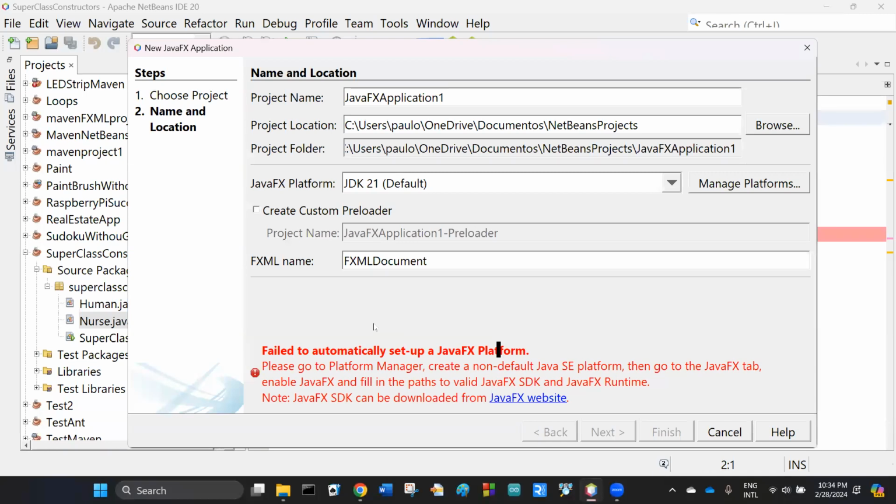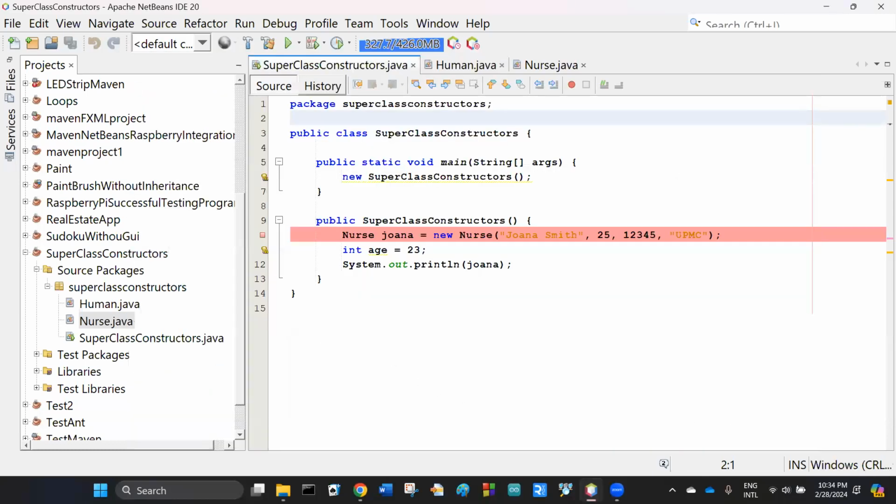So we are fixing this problem. But we need to do that. After you do that, you see you cannot even finish. You just cancel. But again, you need to go through this step to activate the JavaFX library. So you can cancel here now. So we have activated some magic behind the scenes. And now what we need to do is